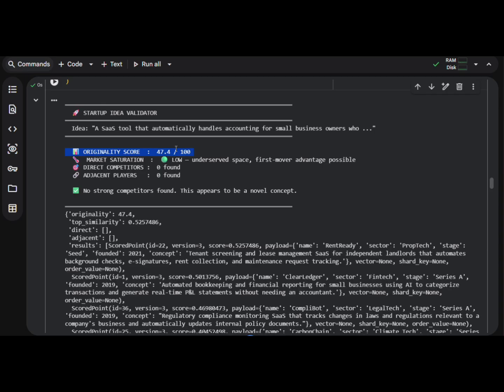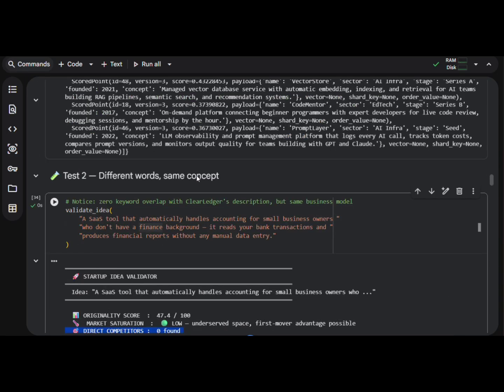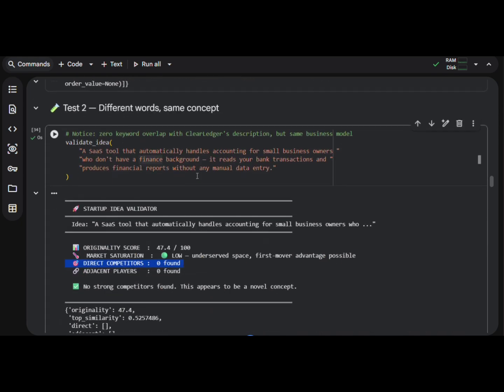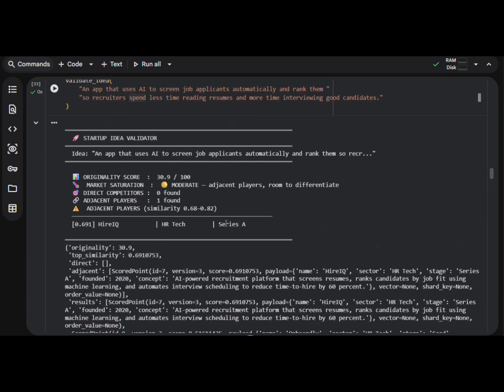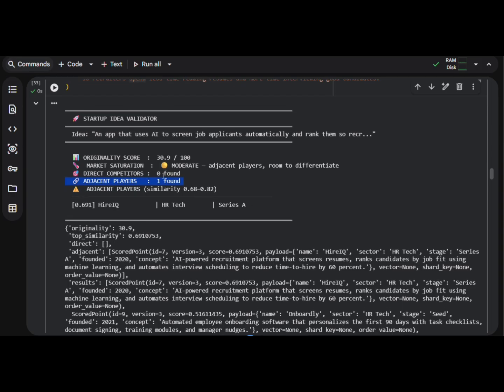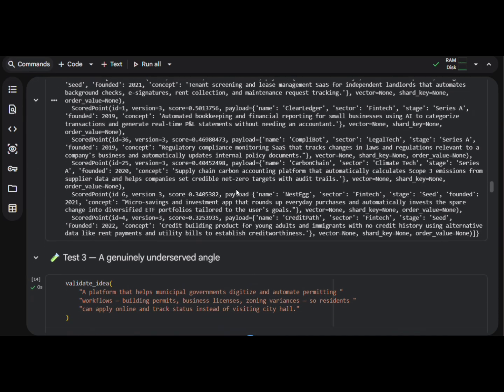Originality score is 47.4, right? Market saturation is low. Direct competitors 0. It means this is a really good thing, like your idea is really unique. But meanwhile, if you move above, see your first test case. It means adjacent player is 1, and similarity was found. Okay,